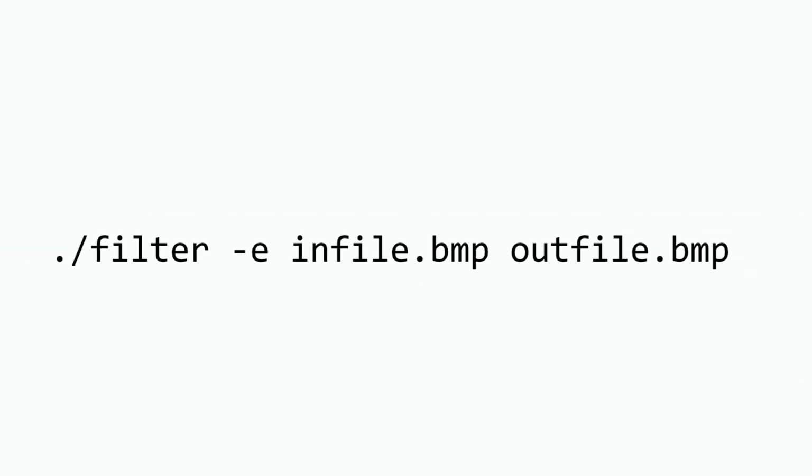Of course, as with the other filters, it may be the case that the value you get exceeds the maximum channel value of 255, and in that case, you should be careful to make sure to cap the value you get at the number 255. And you'll repeat the same process for red and green and blue for each of the original pixels, computing gx and gy based on the original image in order to calculate a new channel value for each pixel in the resulting image. After you've done all of that, you should be able to test your program by running ./filter -e